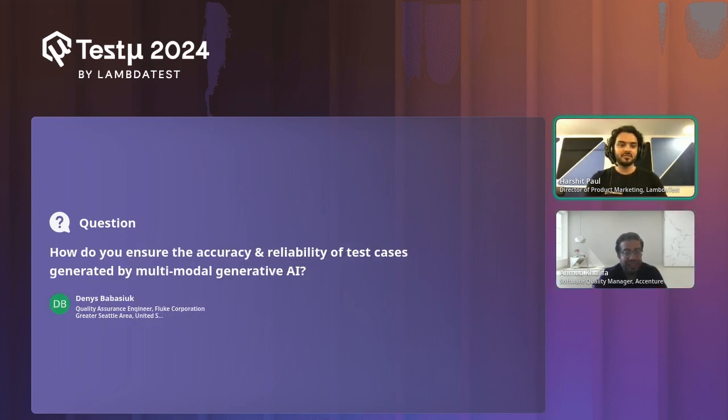How do you ensure the accuracy and reliability of test cases generated by multimodal generative AI? So this is very important, that each and every generative AI encourages having a human in the loop, right? You just don't rely 100% on the outputs of this generative AI. You really need to go and assess the output by yourself, and even though there's an assessment framework, at least it saves you the 50% that you do in the beginning. So it gives you something to start, but don't rely on 100%. Human in the loop is very important for this reliability and accuracy check.